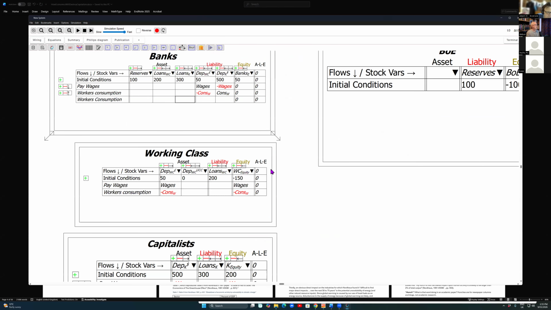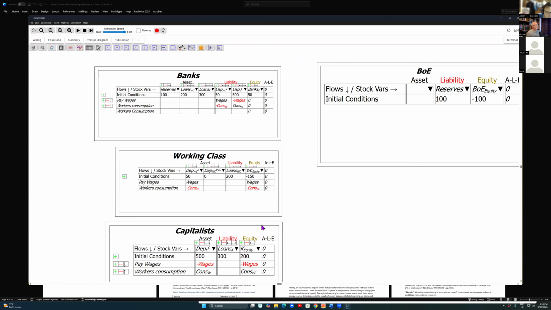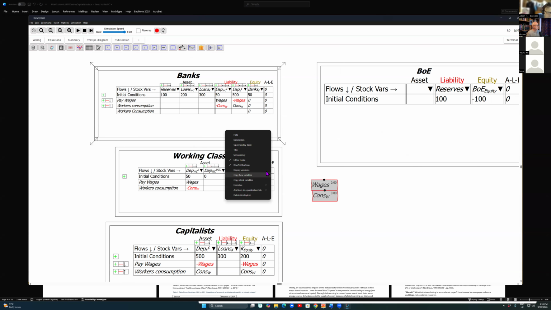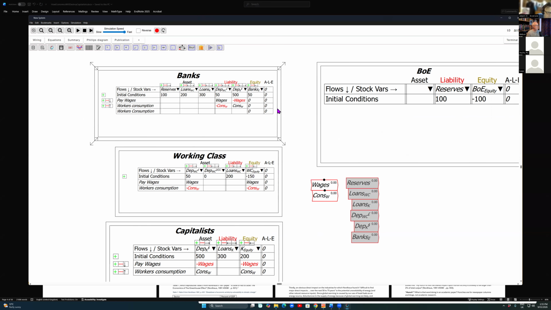So I zoomed in there and it didn't show the zoom. Now it's showing the zoom there. So I want to transfer these elements from the tables onto the canvas where I can define them. And if you right click on the menu, you get a choice of copy flow variables and copy stock variables. So I've now got all those elements turning up there. Now, let's just say we want to define wages. Then wages are going to be based on